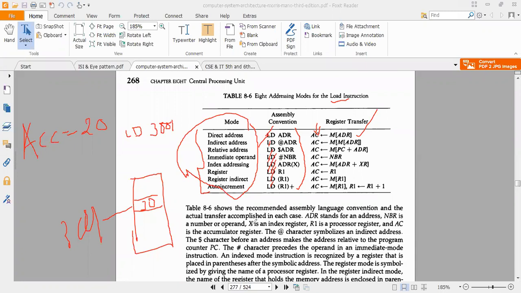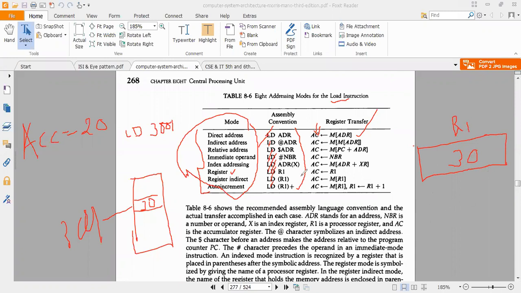Okay. See here, I'm just taking one example among 8 registers. Load R1, LD R1 means the data that is in the R1 register, suppose 30. So that 30 will go to the accumulator.